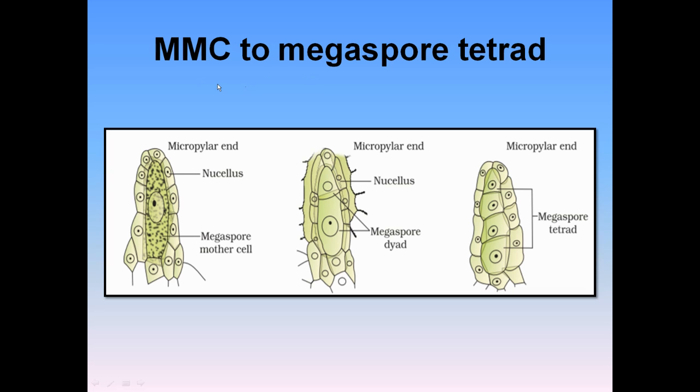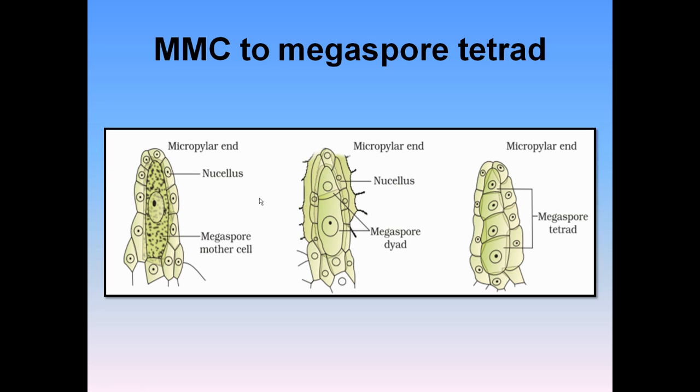Now, this is a very, very important part we are going to start. That is the process of megasporogenesis, and you can easily recognize this is the nucellus cell layer, and the one prominent cell there is referred to as the megaspore mother cell. Now you have a great idea why it is called megaspore. This cell is quite larger than the rest of the cells of the ovule. So this cell is very, very specialized, which is meant for sexual reproduction in angiosperms, and it is going to divide by the process of meiosis.